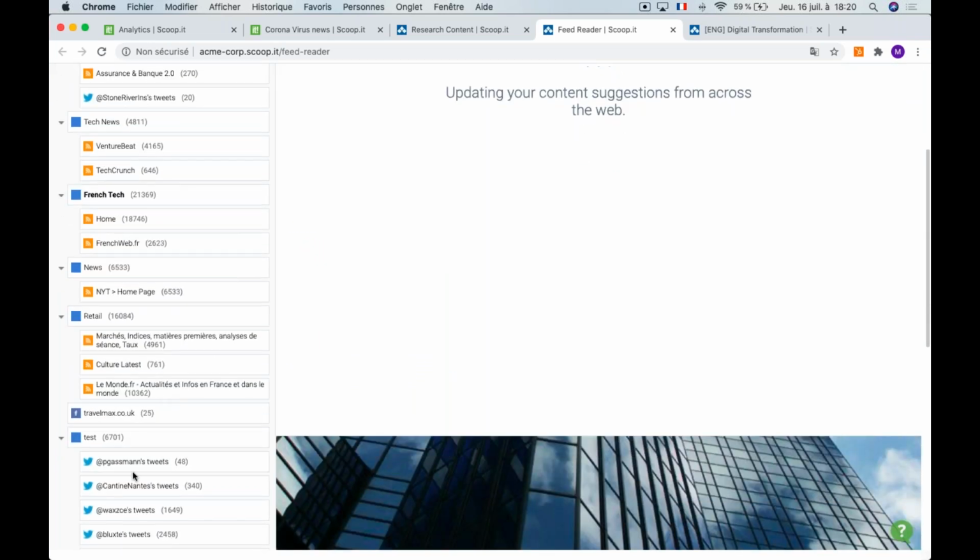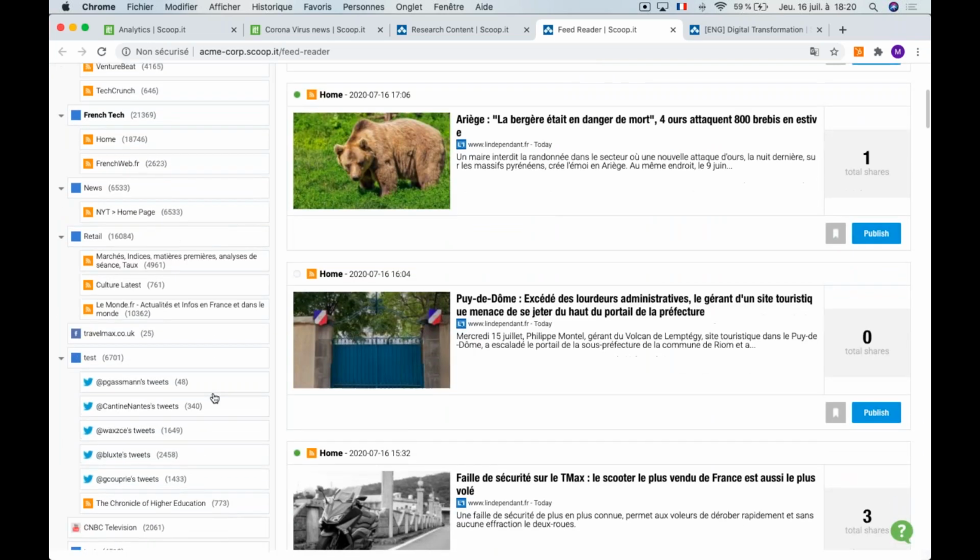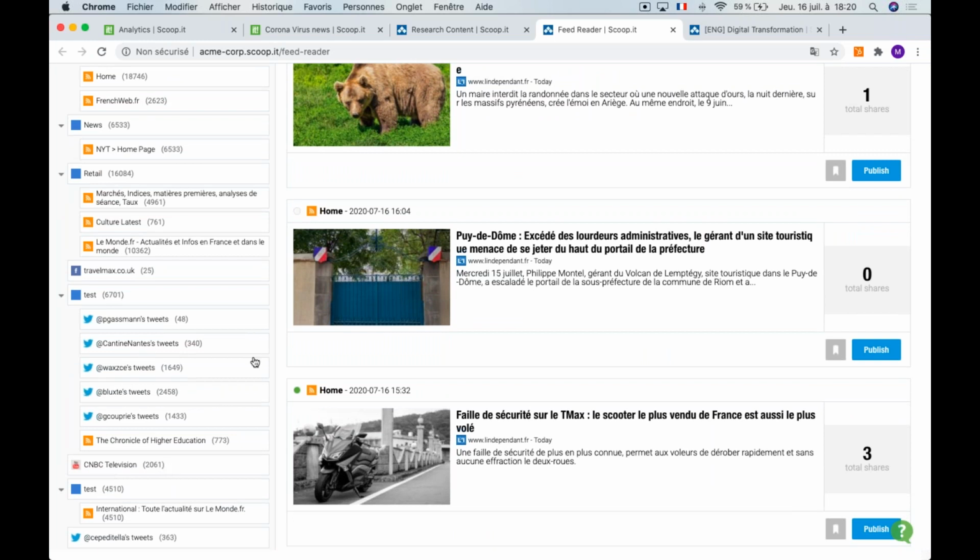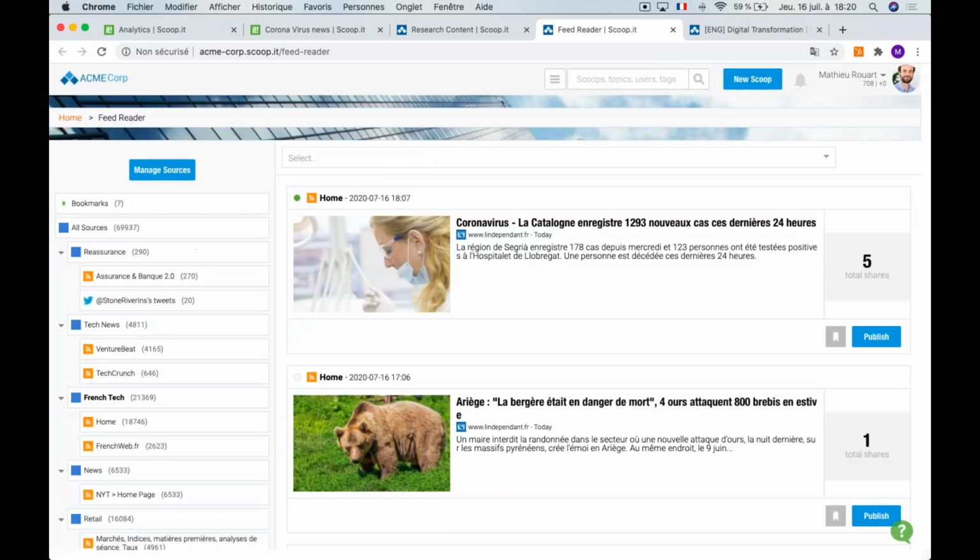You can also add Twitter feeds, YouTube channels, and you can then create groups, as we've done, to sort through your large amount of sources a lot easier. And it will save you time, because if you're curating several topics, it does save time to have everything in the same place.